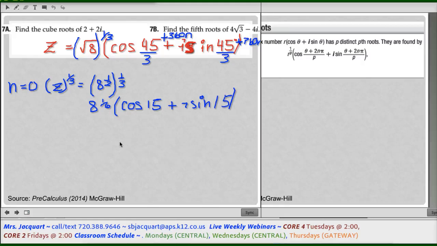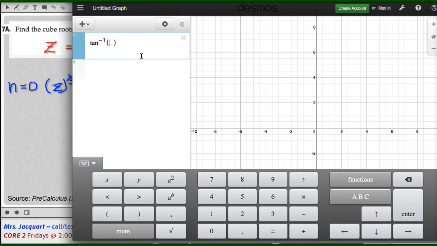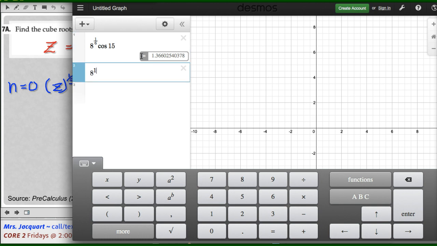Okay, so we're going to plug this into our calculator. How do we do that in our calculator? We're going to take 8, up arrow, 1 divided by 6, go out, so I'm going to use an arrow on the outside. Then we're going to do cosine 15. We're going to do 8, up arrow, 1 divided by 6, go out, sine 15. Sweet. So this becomes 1.37 plus